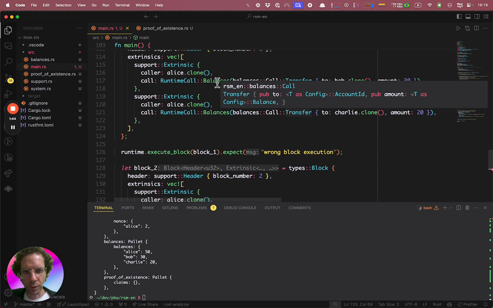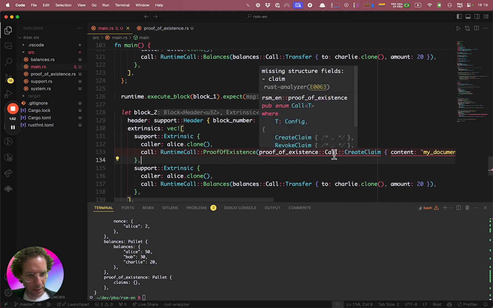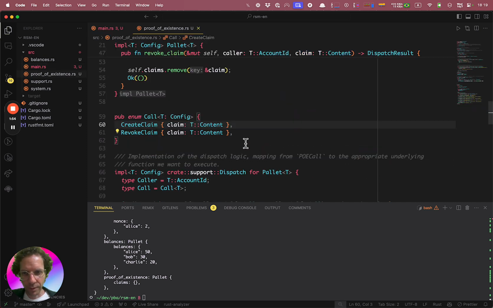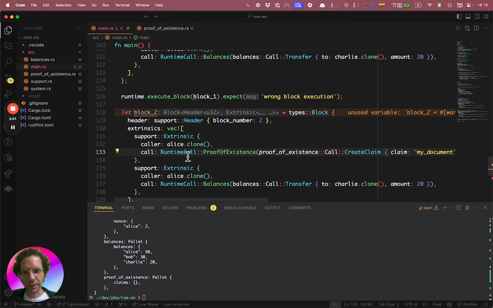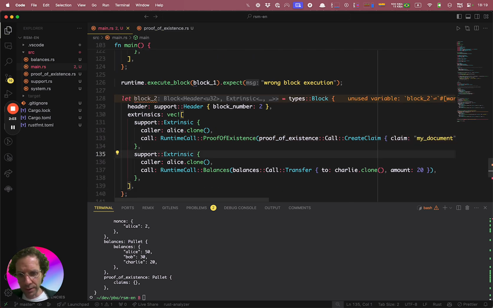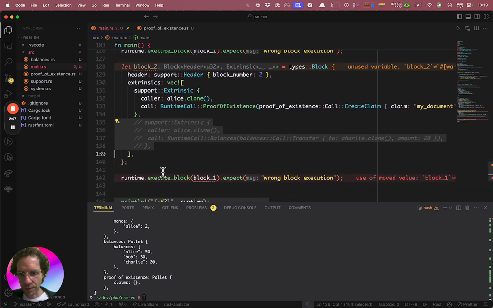Actually, it is not proof of existence. It's not balances, of course. It's proof of existence called create claim. Is it correct? Create claim and claim. So the name is claim. Okay, perfect. Let's do only this just for now and see what happens to our state.